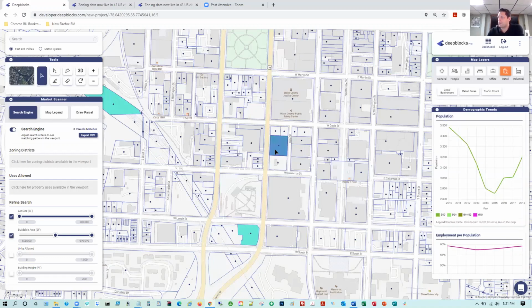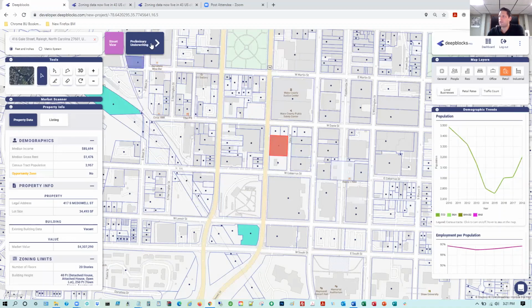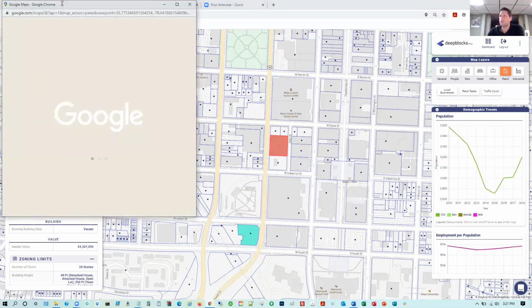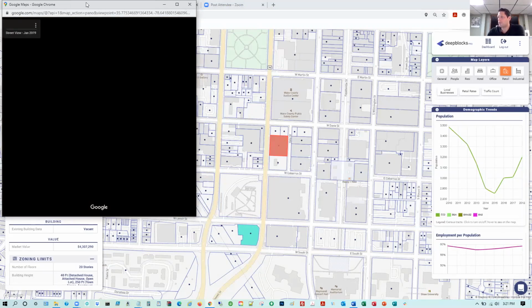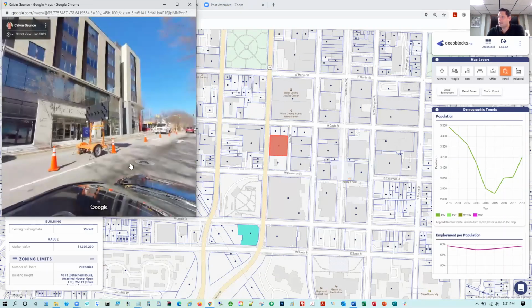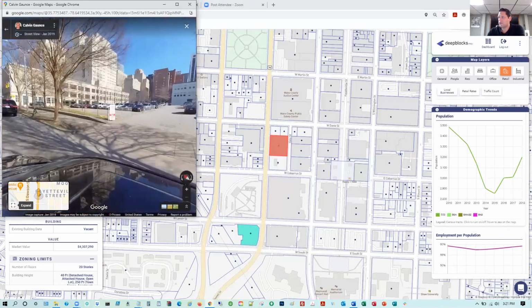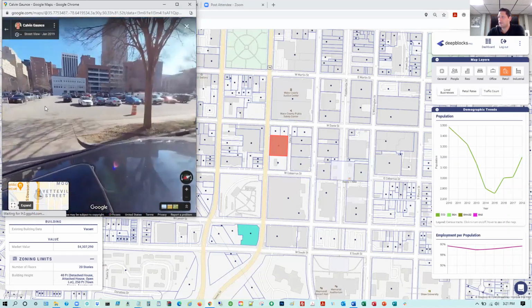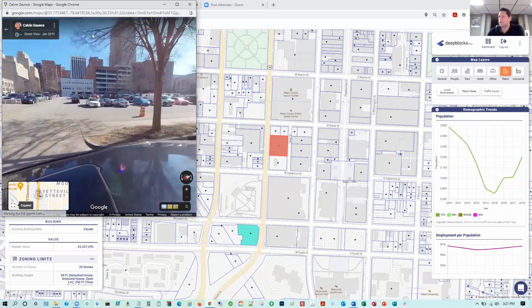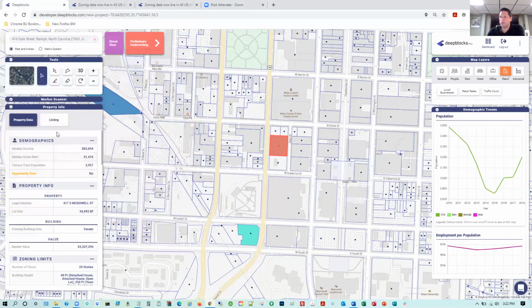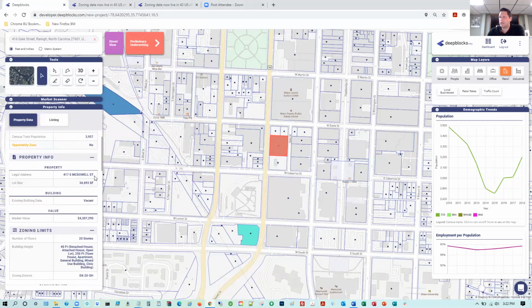So I'm going to start with this particular one on the north end of my screen, and we're going to do the preliminary underwriting. Again, before I move to the preliminary underwriting, as I mentioned, there's a street view, which we can click, and it'll show you, through Google Street View, what appears on that parcel. It looks like there is an empty lot over here. Then you can go through the property info that is pulled up. You'll see some demographic information. Here's the legal address, lot size. It shows that it's a vacant lot.